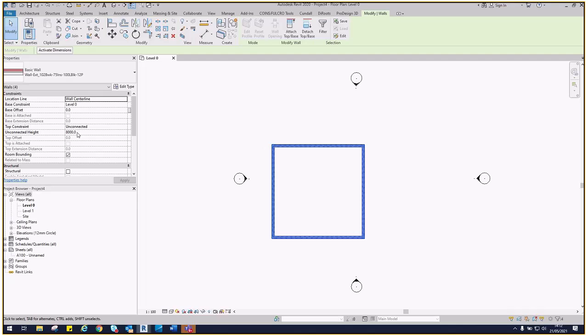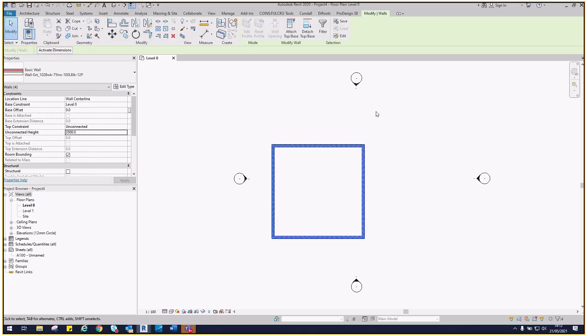So we've currently drawn this. We set no parameters before, and this is the chance now to change it. So we've currently drawn at 8 meters high. For the purpose of this exercise, we are only looking at a very small building. So we probably only want 3, maybe 4 meters. For the purpose of this, I'm going to draw this at 3.5 meters, so 3,500, and we're going to